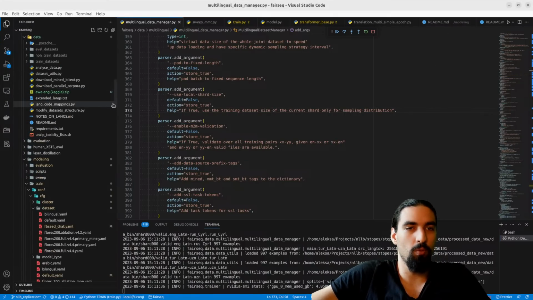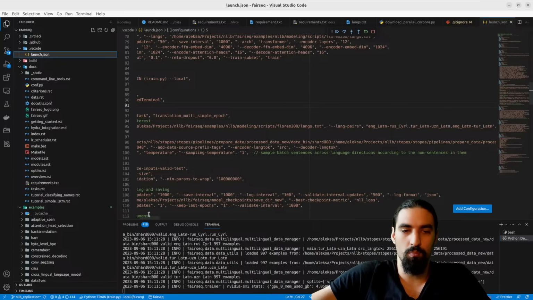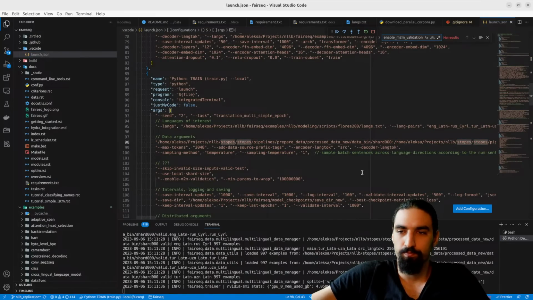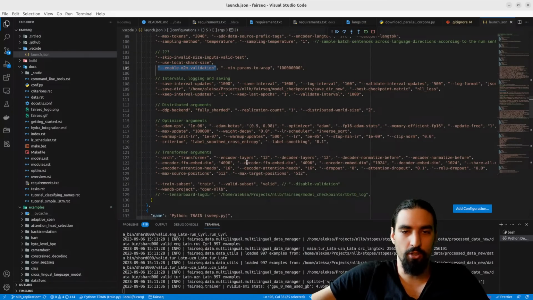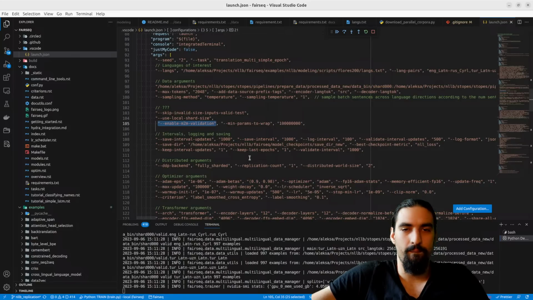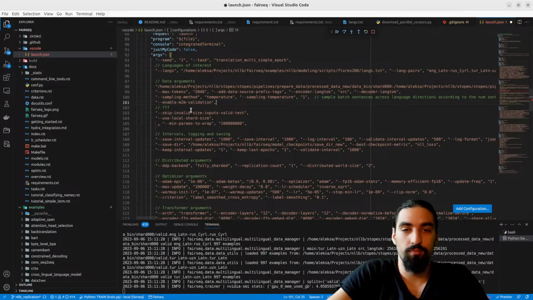Let's move that one. Let me move that argument here. Enable M2M validation. Where could we place this one? This is like an eval argument. I think going somewhere here.